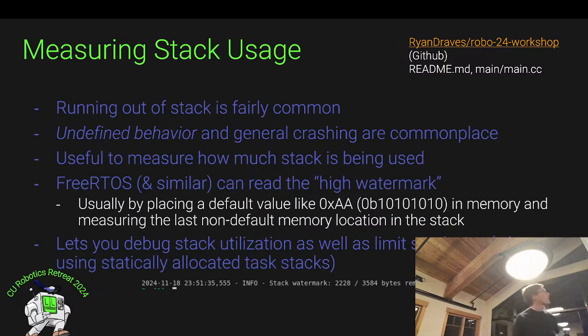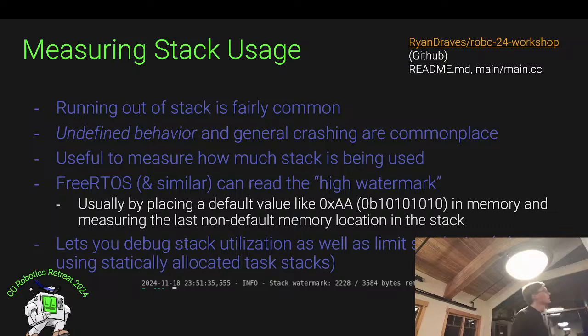Okay, another issue you might encounter here with embedded systems is measuring out your stack usage. So you only have so much stack. You have those 400 kilobytes of SRAM on the system. A lot of it needs to go to the current memory in use, right? So you have some instructions that are being run that were loaded into the RAM. You have some heap that was allocated for any dynamic memory usage. There's only a very limited amount of stack that's actually available. By default, on the main thread for the ESP32, they give you 3.5 kilobytes of stack to use.